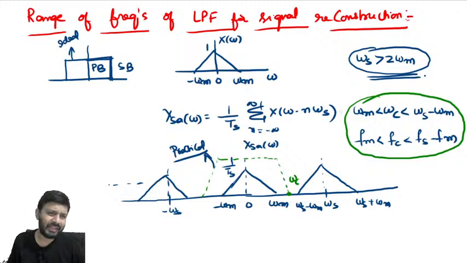Now from here also you can identify. I told you, see, this is a low pass filter, no? So what could be the gain of the low pass filter? If I reconstruct, I must get back the original. Whenever I sample, the sample spectrum is weighted by 1 by Ts, which means the gain of the low pass filter must be Ts, so that Ts and 1 by Ts get cancelled.